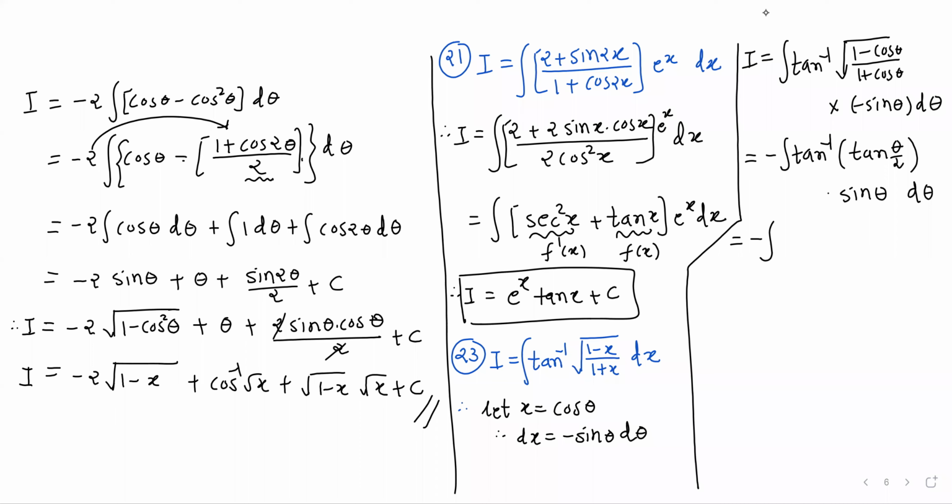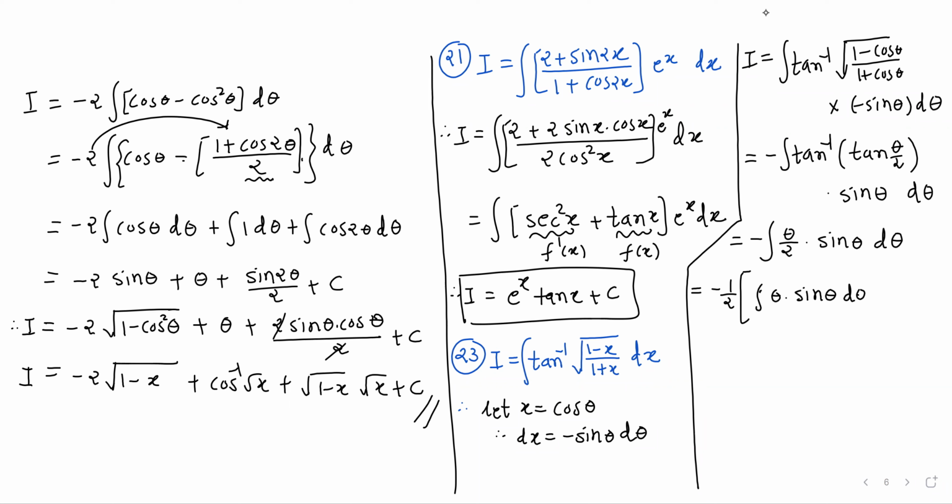Cancel out each other. So theta by 2 into sin theta d theta is equal to minus 1 upon 2 integration of theta